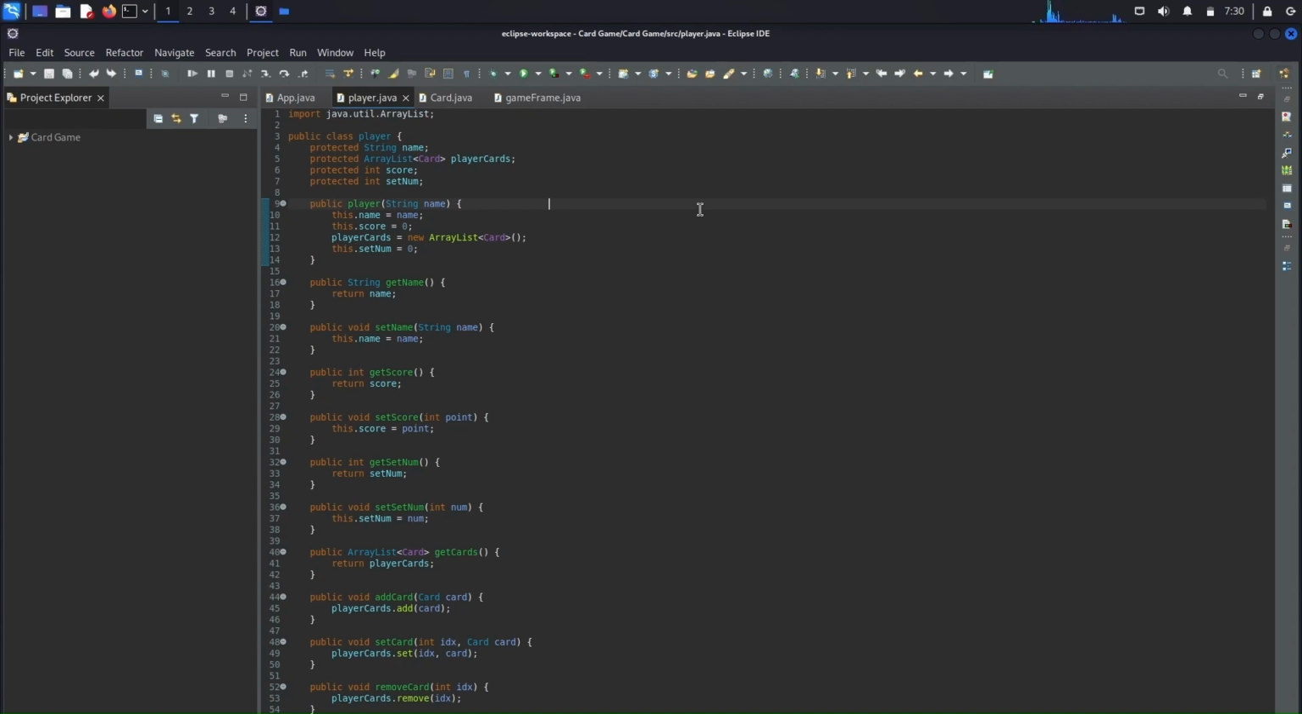and assign name parameter to player's name variable, assign score to 0, and initialize player cards array list, assign the number of sets player win to 0, getter method that returns name of the player object, return player name, setter method that assign new name to the player object, assign new parameter to player name, getter method that returns score of the player object and return player score,